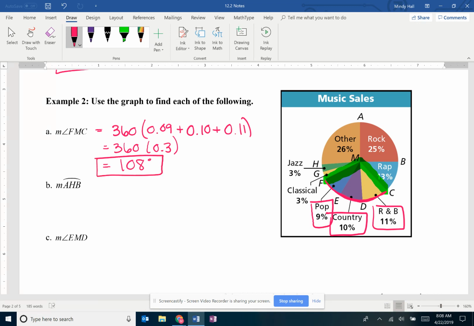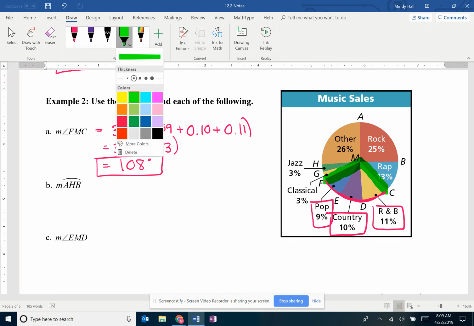And that makes sense because you can use whether or not the angle is acute or obtuse to help you estimate. So because this angle is obviously bigger than 90 degrees, I know it's going to be slightly bigger than 90. So to find the measure of arc